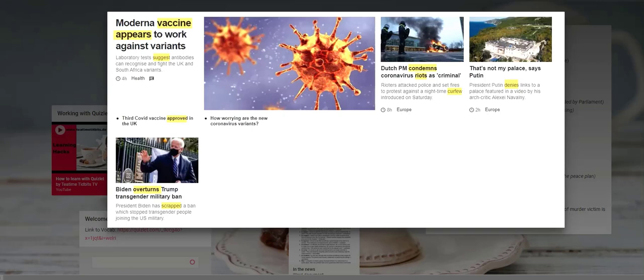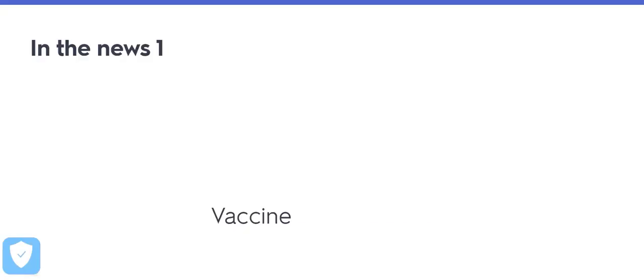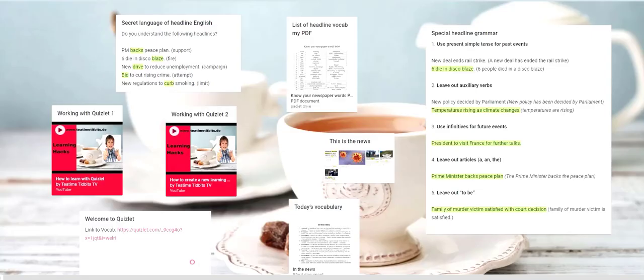In this case, I would always suggest Quizlet. Quizlet.com is my go-to flashcard learning software, which is totally free. I've made a flashcard set for you for these 10 items of vocab, and the link is below. If you are not exactly sure what Quizlet is or how you can use Quizlet to learn your vocabulary, then take a look at my 2 videos that I've made about Quizlet. Firstly, how you can learn with Quizlet and how you can make your own cards from word lists from Excel or from Word.